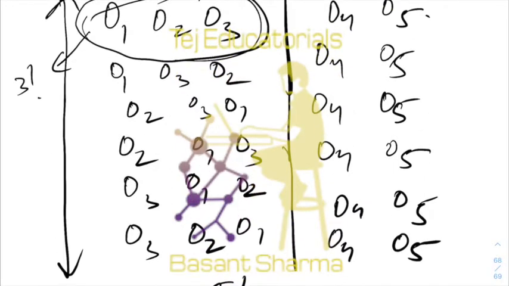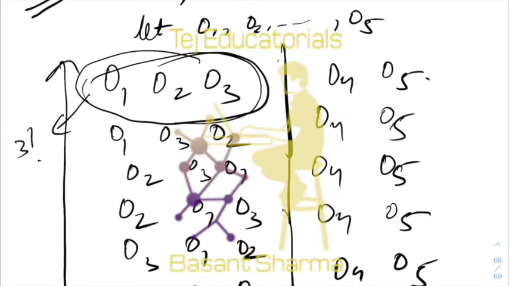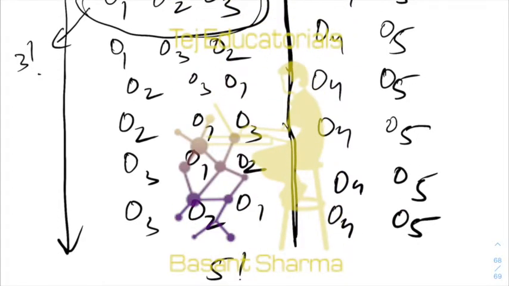Corresponding to every arrangement, what you do is take any arrangement and throw this permutation at this partition. So it will divide the arrangement into 2 groups, one of group size 3 and one of group size 2. Now do intra permutation of that particular arrangement. There are 3 elements in this group, so 3 factorial arrangements will be there, intra permutations.